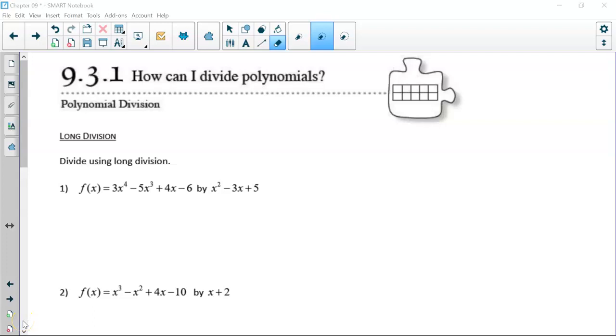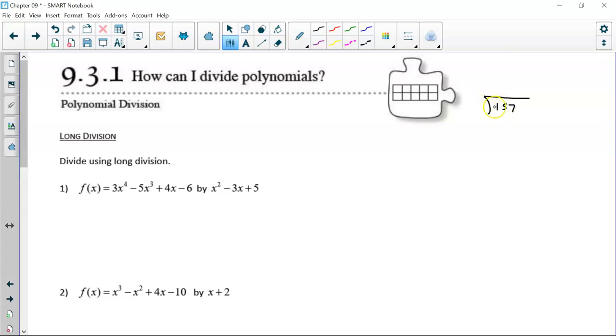Welcome to section 9.3.1. Now we've already talked about adding polynomials, subtracting polynomials, multiplying polynomials, and now we're going to talk about dividing polynomials. Now, think about long division. So when we have our long division, let's say we're dividing